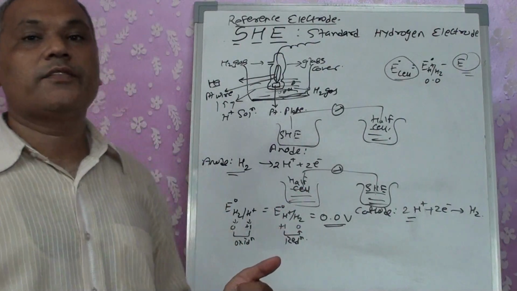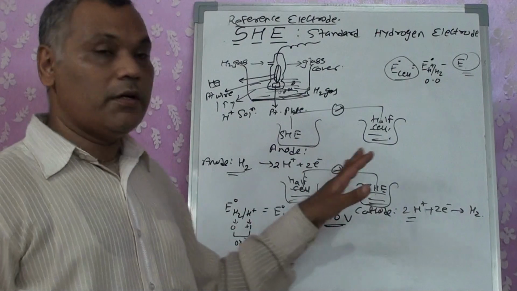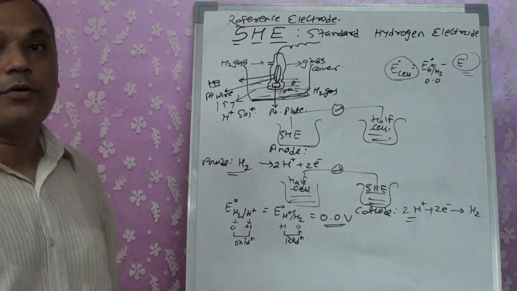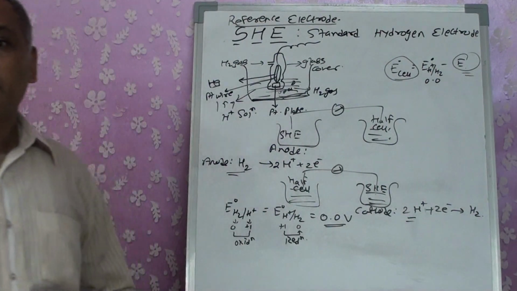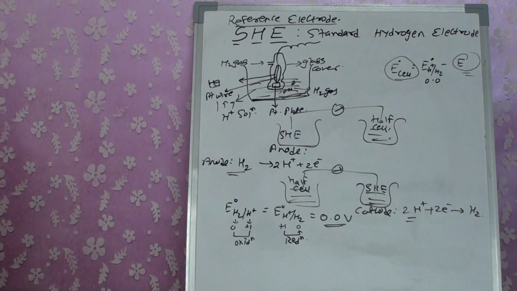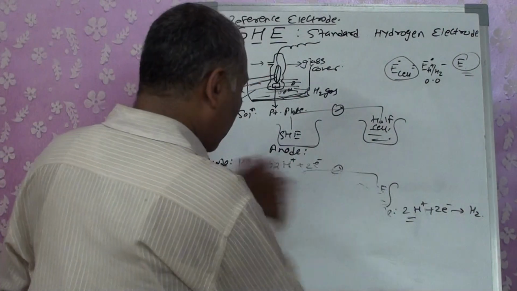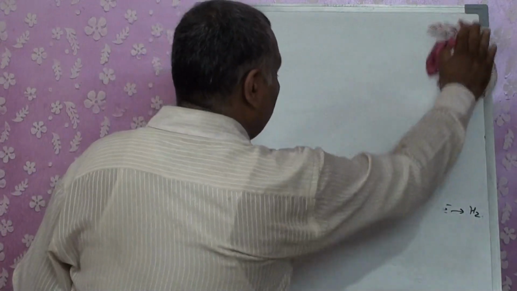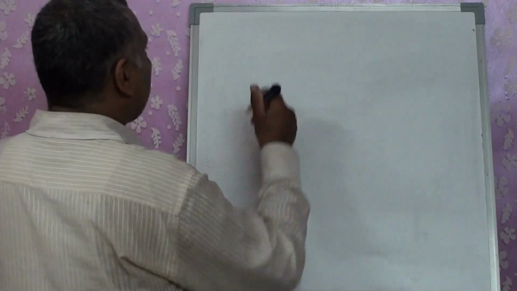because a single half cell cannot go for oxidation or reduction. So that is why it is also termed as a reference electrode. But this was about the standard hydrogen electrode. By doing this, what will happen? By doing this, we can calculate the potentials of the cell. While we are calculating the potentials of the cell, let us take some examples.